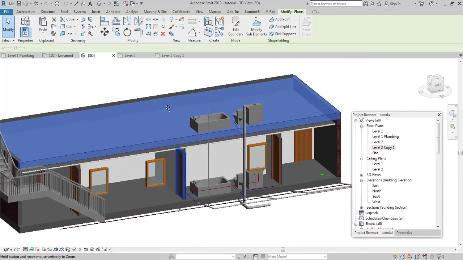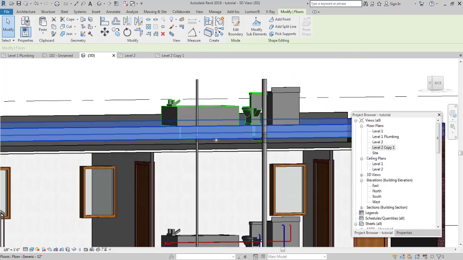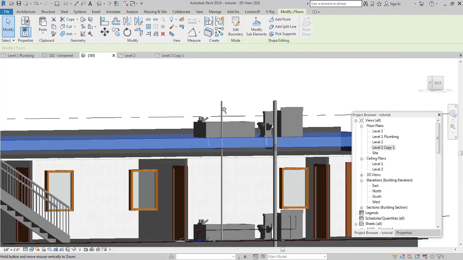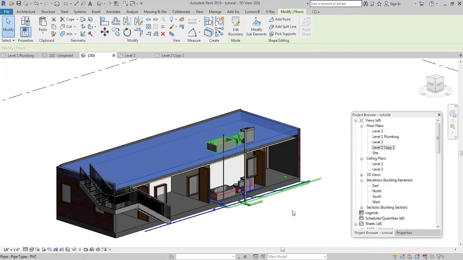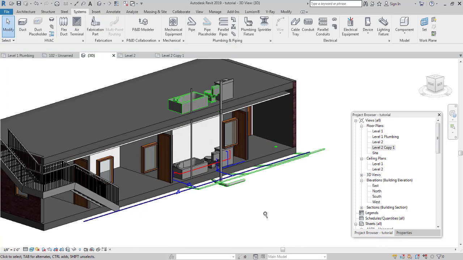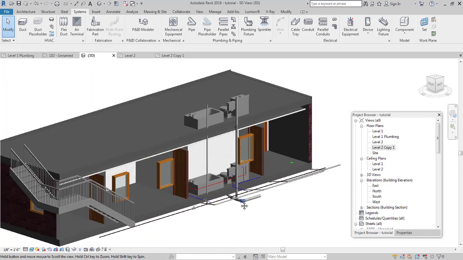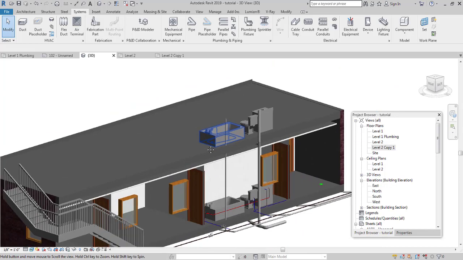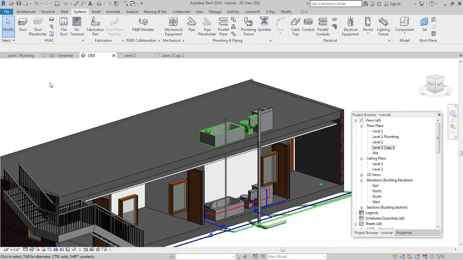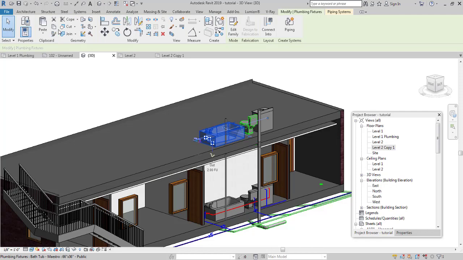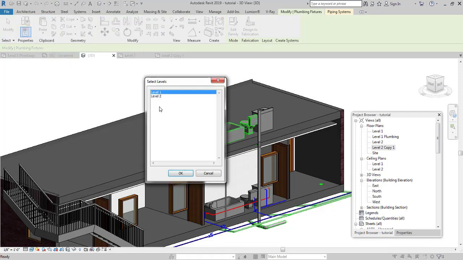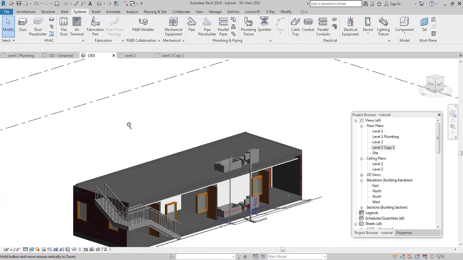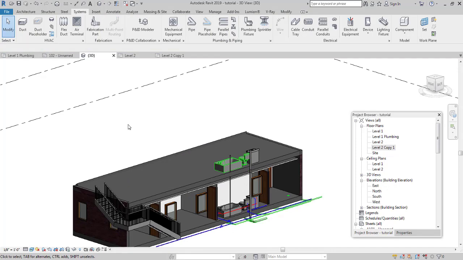This was just practice. Obviously I made a lot of mistakes, because pipes don't pass through floors, they pass through the clearance between a floor and ceiling. This is not perfect, but the main concept was getting the plumbing layout out there, how to carry out plumbing in Revit. For high-rise buildings which have the same plumbing fixtures on multiple story levels, this is pretty much what you will be doing. You'll be selecting all of the plumbing fixtures, you'll select copy to clipboard, and align to selected levels, and you select all of the levels present here, and you will do it for pretty much each and every level. Then you'll drag these risers all the way up, and then you'll connect them step by step.